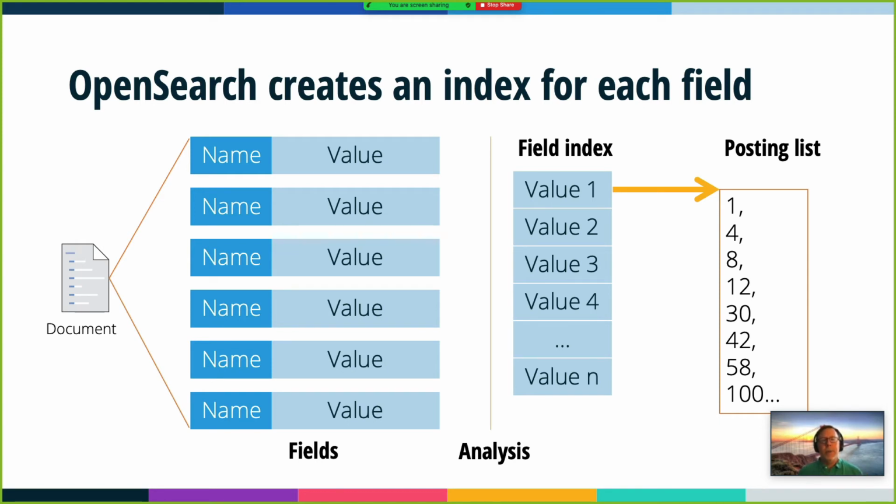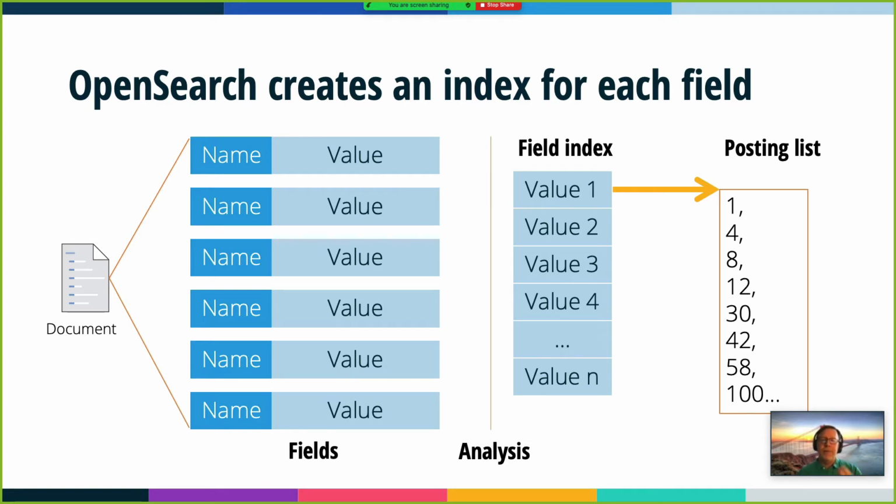Internally, OpenSearch is going to create an index for each field. As I said, a differentiator from other database technologies is that indexing is automatic and universal. We have our document with our fields and values, so the JSON has our name-value pairs for the document itself: title, actors, directors, etc. OpenSearch is going to create an index for each of those fields. It's a little bit confusing, because we have "index" as a name at two different levels of hierarchy, but the field indexes are what are actually supported by Lucene.